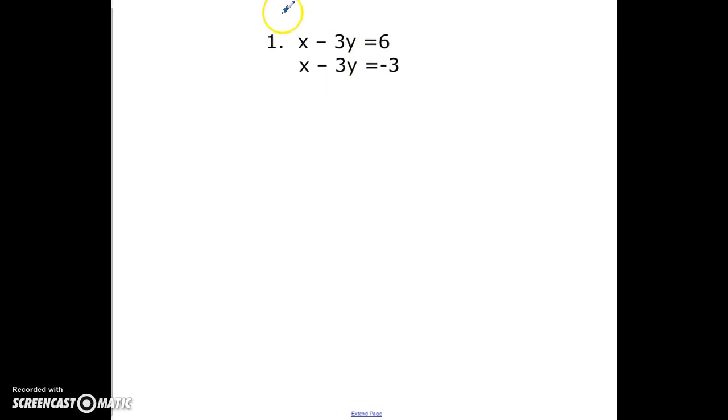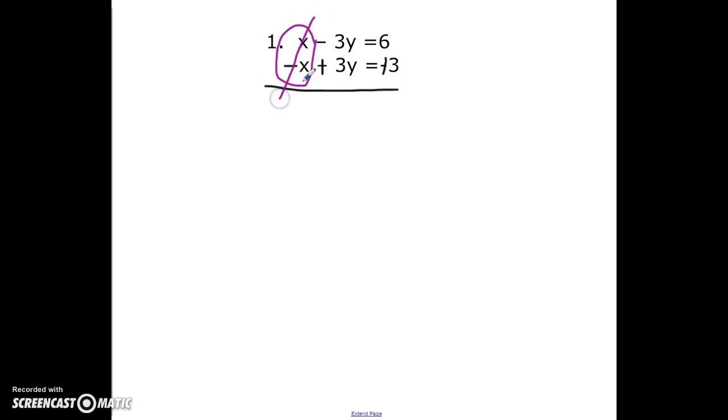So at this point I can't eliminate anything because even though these have the same coefficient and these have the same coefficient, they're not opposite signs. So all I need to do is multiply one of my equations by -1. It doesn't really matter which one. So this would become negative, this would be positive, and this would be positive. And then when I combine things,